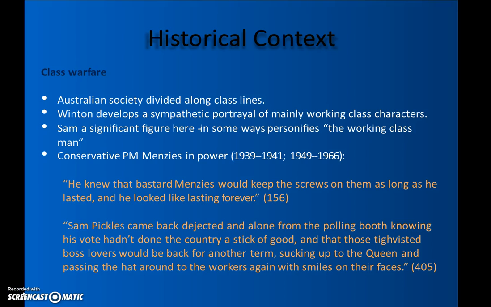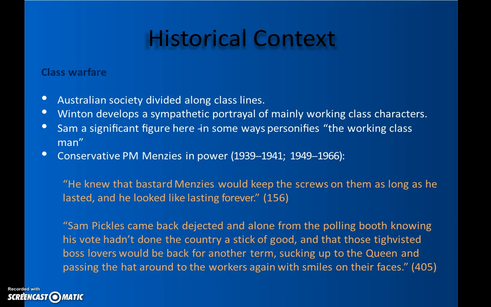And then we have this class warfare theme coming through, which is something that we don't really have to think too much about, I don't think. Well, I don't think too much about it anyway. But we have an Australia that's just divided along class lines, and we see this particularly portrayed through the working class representation of families. So Sam as a character, Sam Pickles,